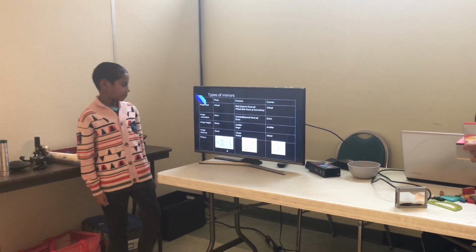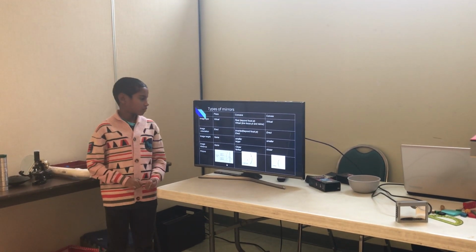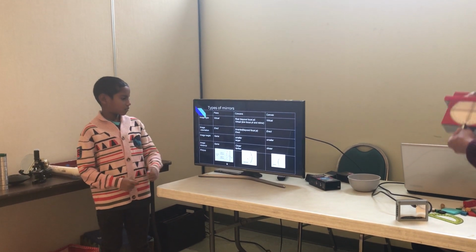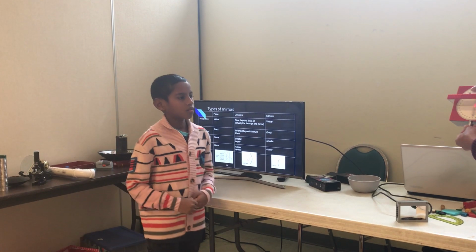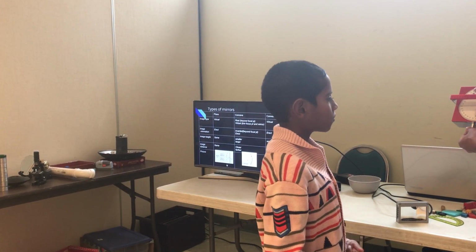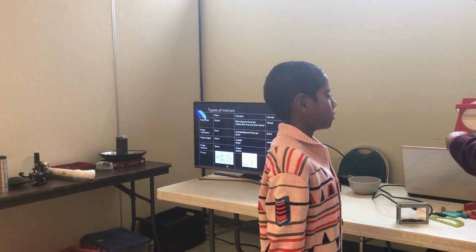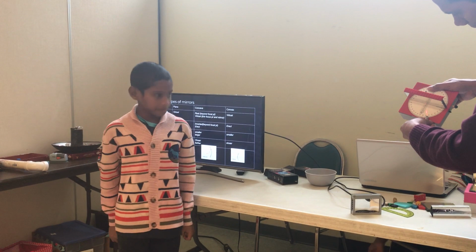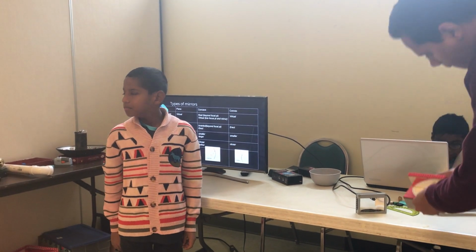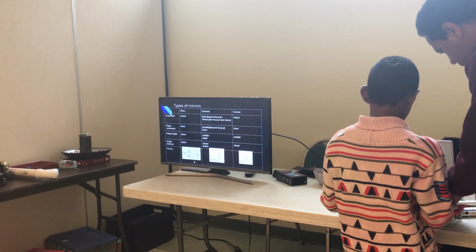In the plane mirrors, I is the incident ray and R is the reflected ray. If you see the light, right? If you pass the light at 10 degrees, then it is going to reflect at 10 degrees. You see how it reflects? But then if you switch the plane mirror with the concave mirror,